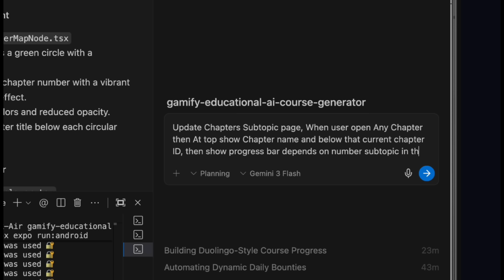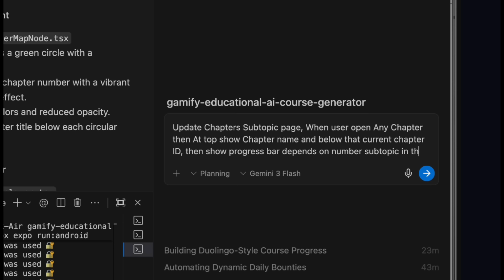So when the user goes to the next topic, then that progress will update. Okay, after that we also want to add after each subtopic